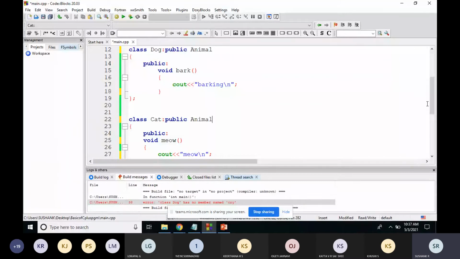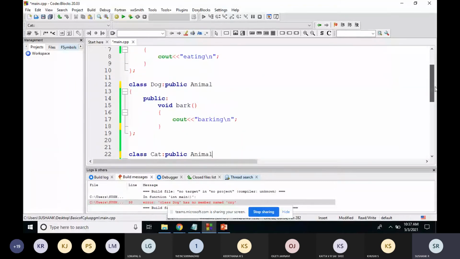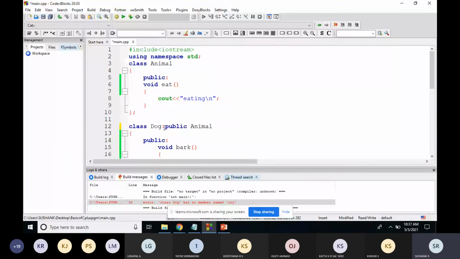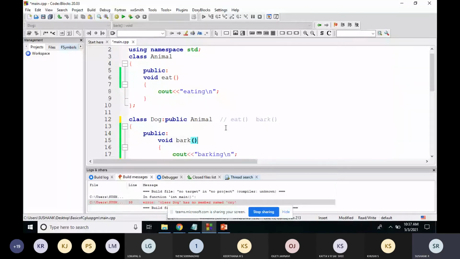So now the Dog class is inheriting the Animal class. So the Dog class can access the eat function. It can access the bark function. Now this is clear. Now what can the Cat class access?